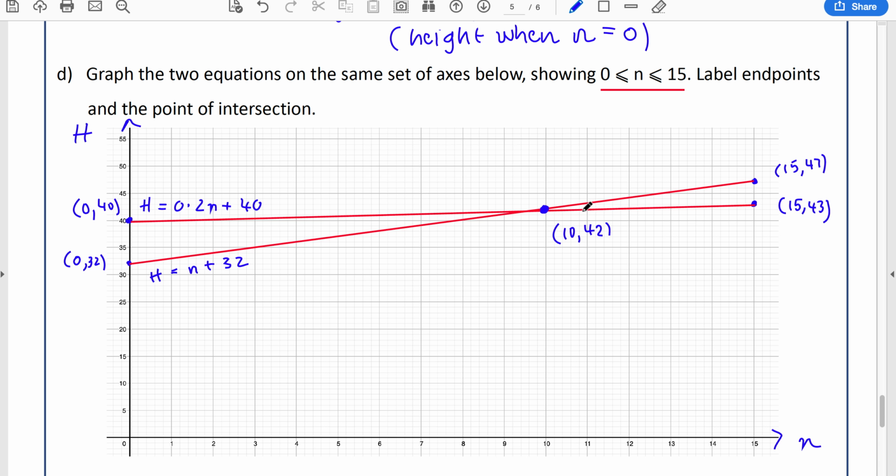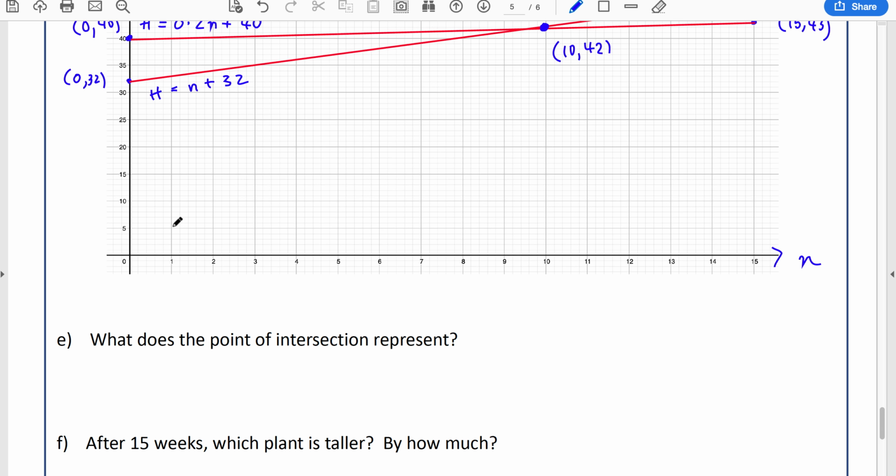So what we want to do is think about, if we're looking at these two graphs, they're representing the height, but they're the height over time, so after a certain number of weeks. This point here is where the two graphs meet. So it's where our height is exactly the same. It's where the heights of the two plants are exactly the same. So it's telling us after 10 weeks, the two plants have the same height, and that height is 42 centimeters. So in terms of what it represents,